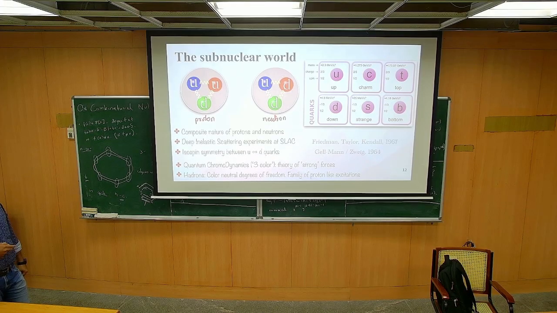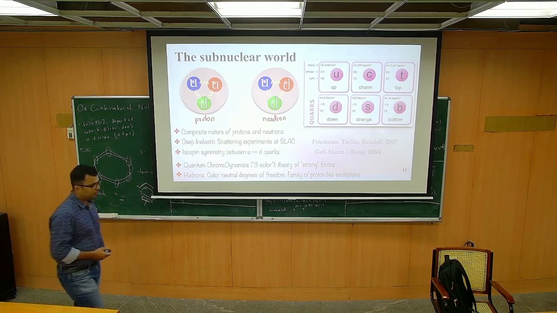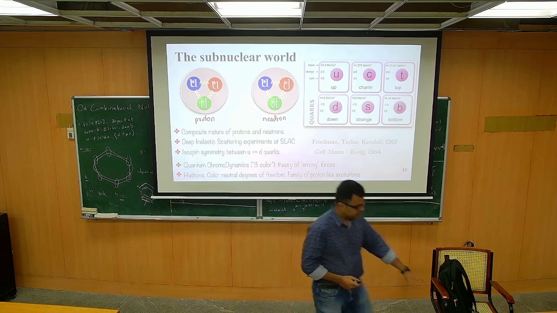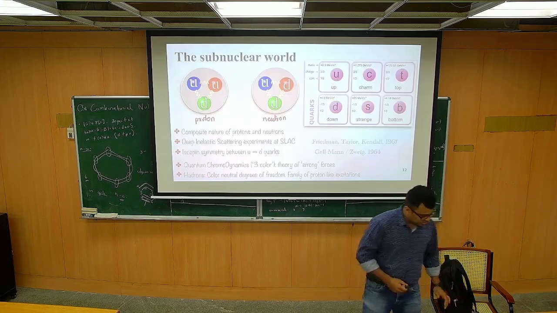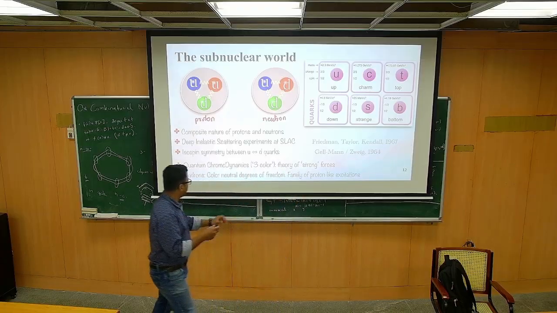So first thing that is clear is that protons and neutrons are not fundamental particles. They have some composite nature inside, and we would like to know what kind of compositeness there is. This was first revealed by deep inelastic scattering experiments at the Stanford Linear Accelerator Center. And the same isospin symmetry argued by Heisenberg could be extended to u and d quarks, where you can consider u has an up spin and d has a down spin, and in this way you can easily extend back the same quantum number to neutrons and protons. Okay, so let's not go into the algebra, but you can extend it.